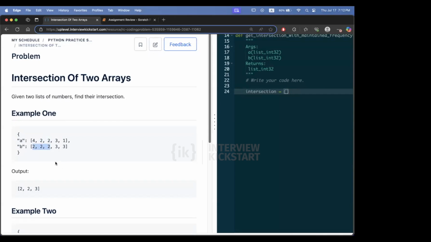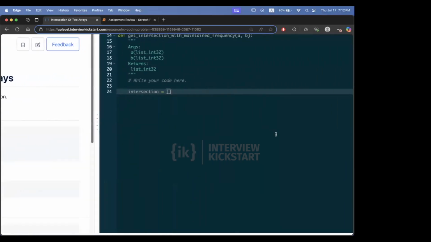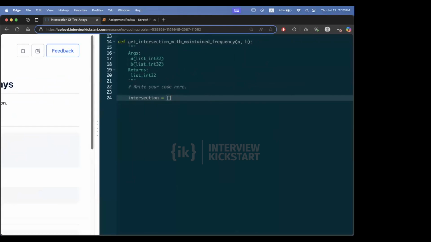Okay? So that's why each time I see an intersection element, I remove that from the other list, so that after 2 iterations, I'm not going to see any more 2s there. Okay? So if I don't want to change the original vector, then what I do is make a copy of that. So b copy is b dot copy. We learned how to copy a list, right? So we will make a copy of it, and then